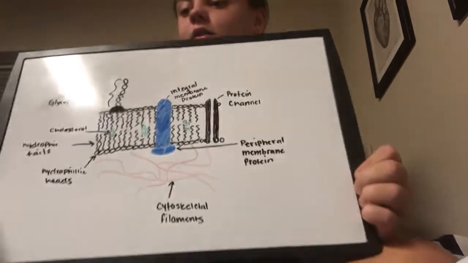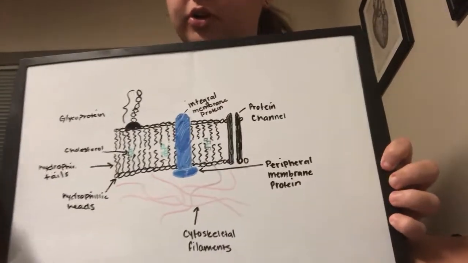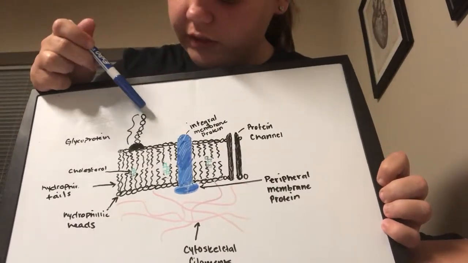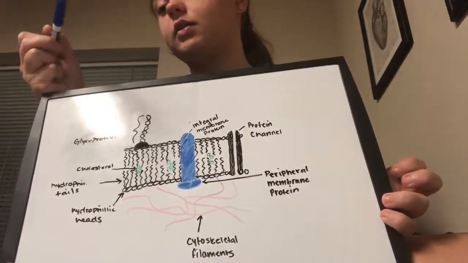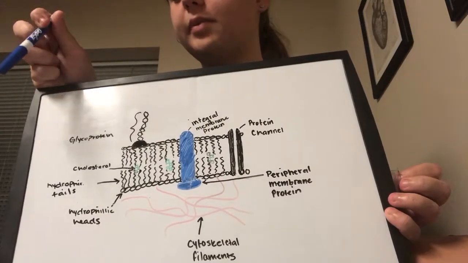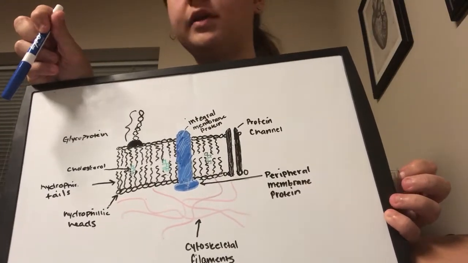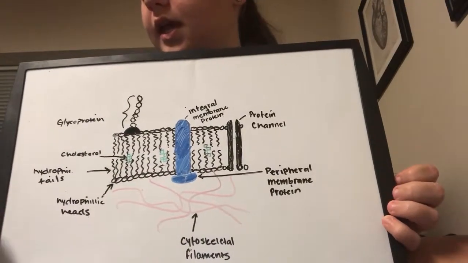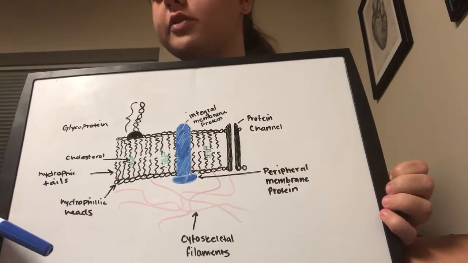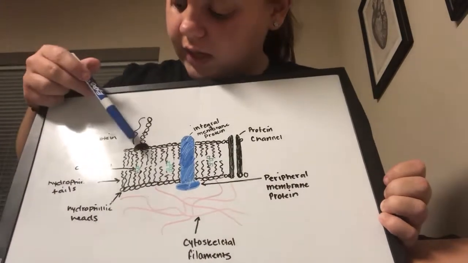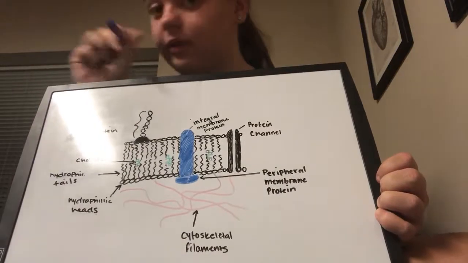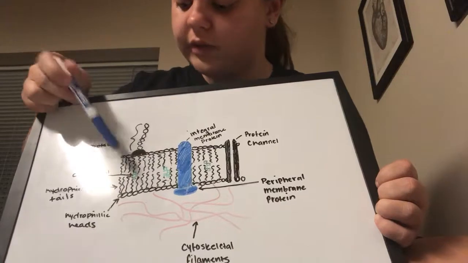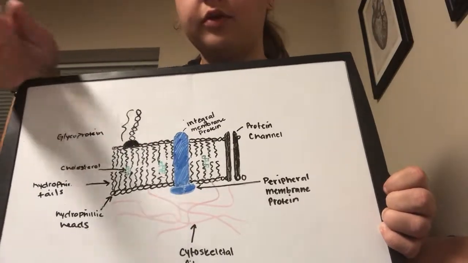The last part of the membrane structure that I will be talking about today are the carbohydrates. So they're typically covalently linked to proteins or lipids known as glycoproteins or glycolipids. These are used for cell-to-cell recognition, and they are found on the outer surface of the cell membrane. So in this case, it's connected to either a protein or a lipid, and this is how cells see each other or communicate with each other